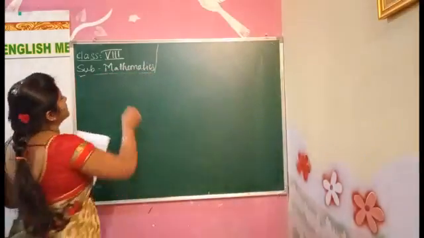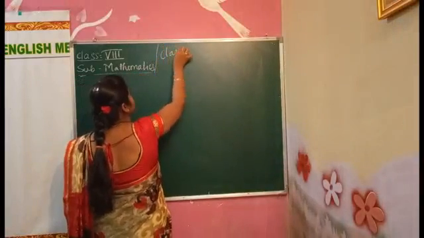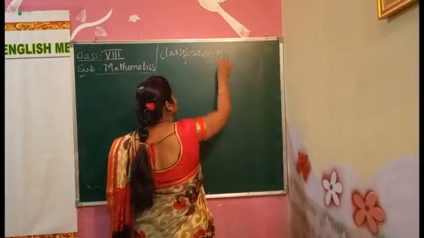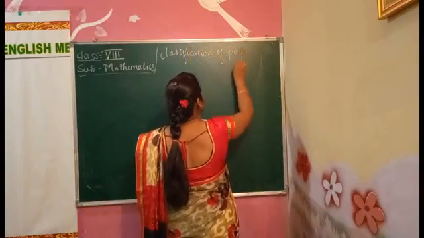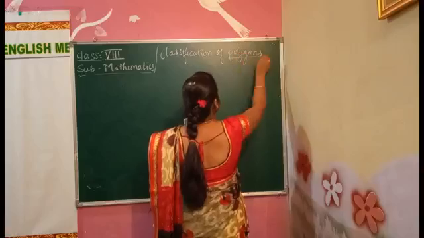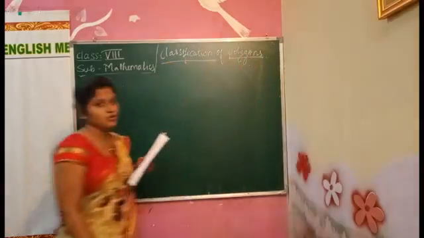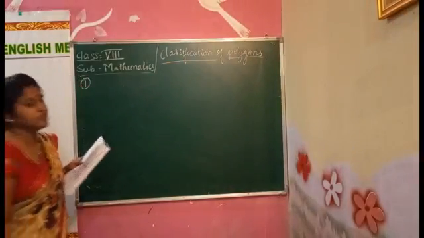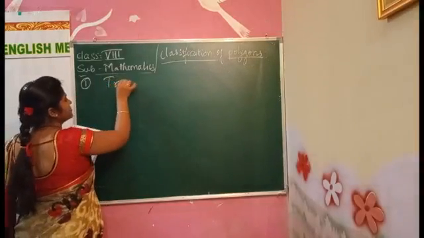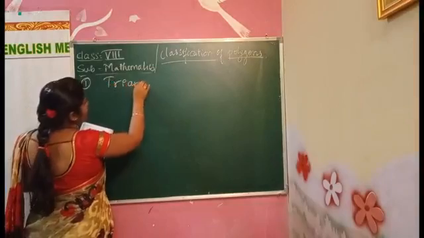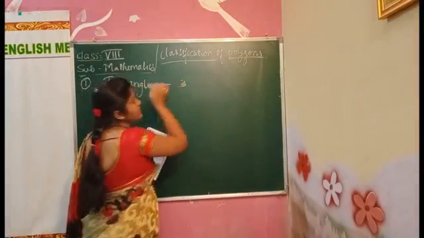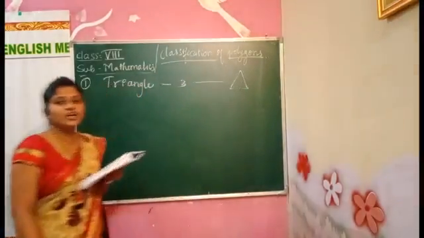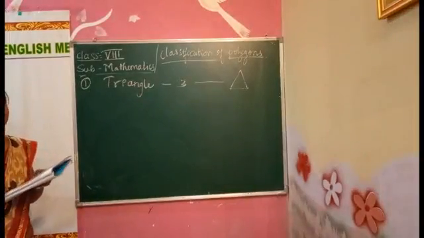Okay, the classification of polygons. Okay, classification of polygons. First one is triangle. Triangle is also a polygon only, but here how many sides do we have? 3 sides. Okay, it looks like this. Yes, here also they are not intersecting, here also we are not coming over the other.